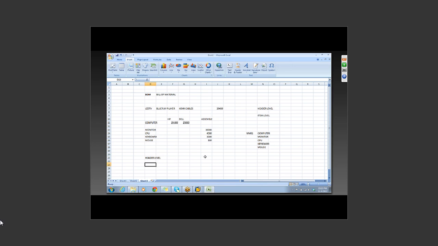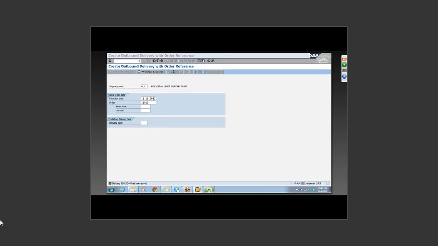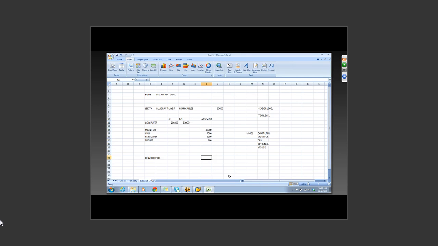How are you going to simplify that? Header level is nothing but you are going to charge for the computer. You are not going to charge anything for your monitor, CPU, keyboard, and mouse. So in your sales order, if you want your BOM to be triggered at header level, get into your computer and maintain the item category. I have already created these materials: computer, monitor, CPU, keyboard, and mouse. So for header level BOM,